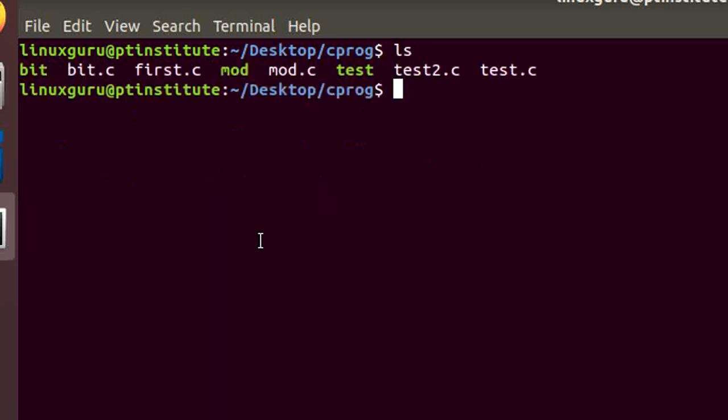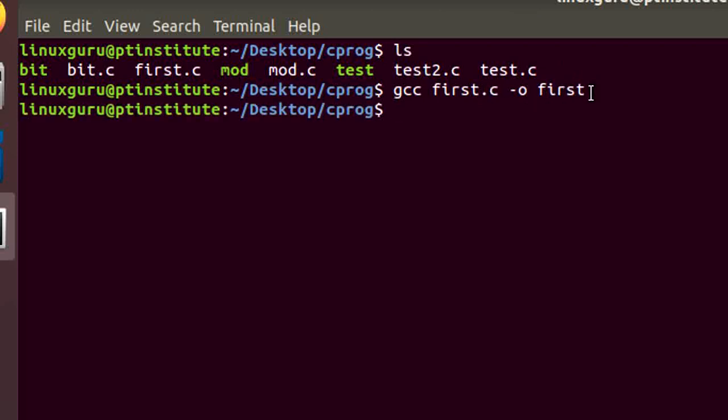Now we have to compile our first.c. How to compile it? For that we can say gcc first.c -o, and then our output file name. The output file name, you can give any name you want. You can say myfile or whatever you want. Normally what we do is, whatever the program name, the same name we give for the executable file as well. It will be a little easy to identify, but remember here I have not given any extension.